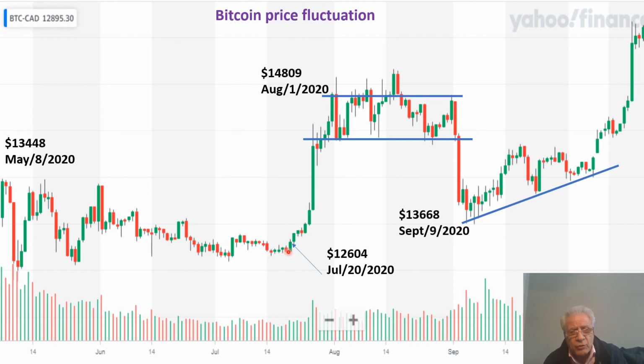Up to here that you can enter the market on July 20, 2020 at $12,604. And you see that that's a very strong uptrend. It goes all the way and enters this ranging zone. So you exit the market at this point,